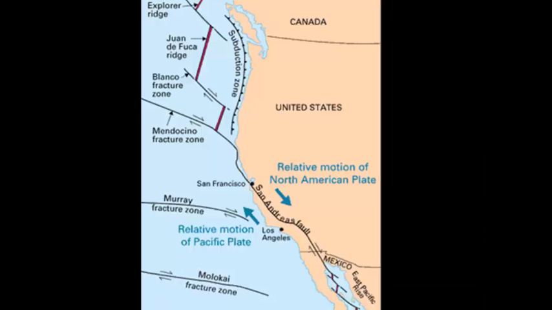Here's our transform fault boundary, the San Andreas Fault. We can see on one side of the San Andreas Fault is Los Angeles, and on the other side is San Francisco. One of the things you'll note is the arrows indicate the direction that the plates are moving. This is kind of hard to fathom, but over time, way after we're gone, Los Angeles will actually move further north than San Francisco, and so eventually Los Angeles will be north of San Francisco as this plate continues to move to the north,